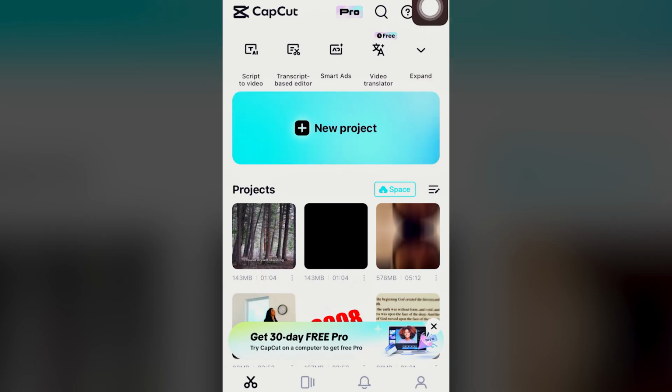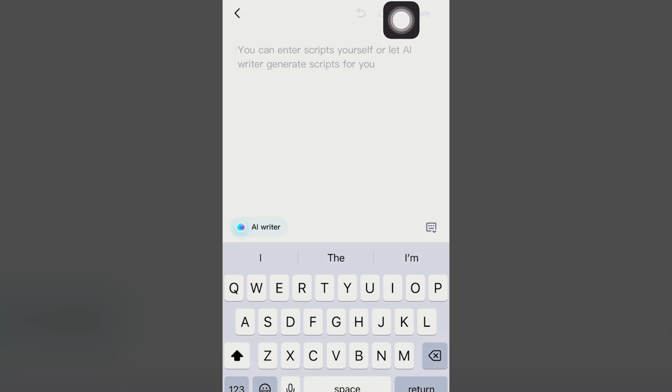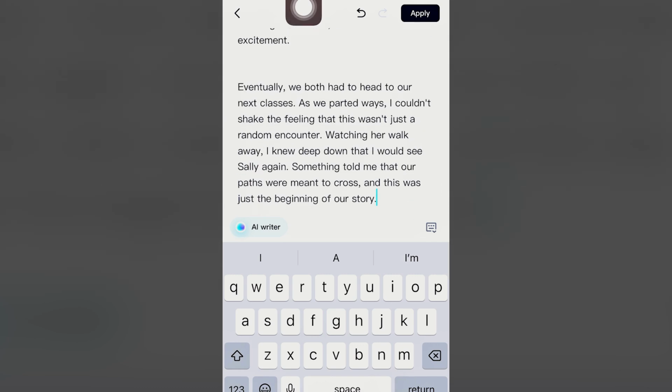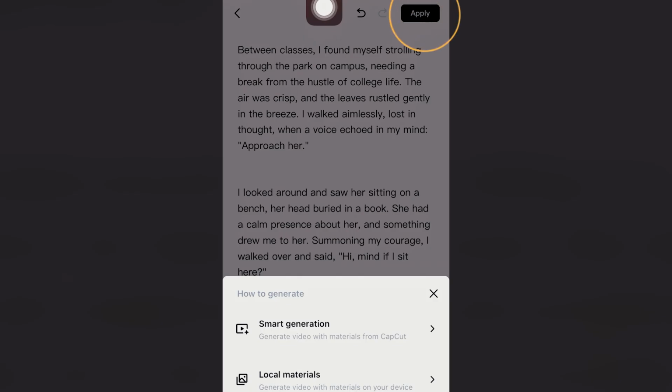The next step is to open up Capcut and then to click Script to Video, and then click Write your own script. And then here you can hold down on the screen and click Paste. In this case, I have a decent long story. It's in first person, and once you're satisfied, you can click Apply, and then click the first option, Smart Generation,